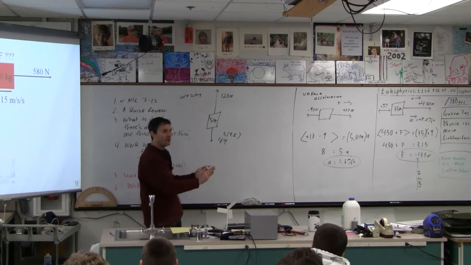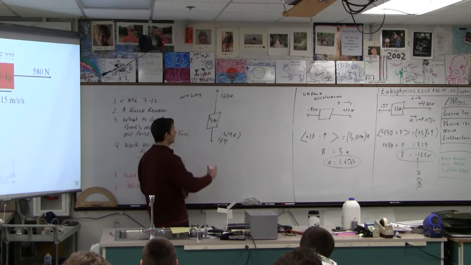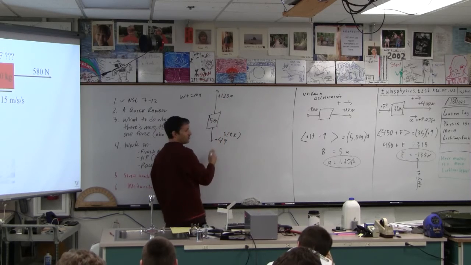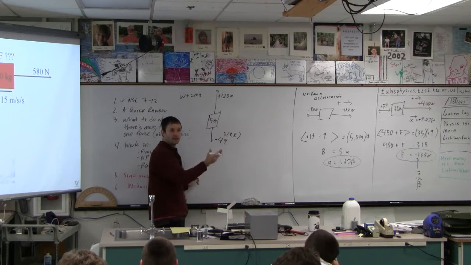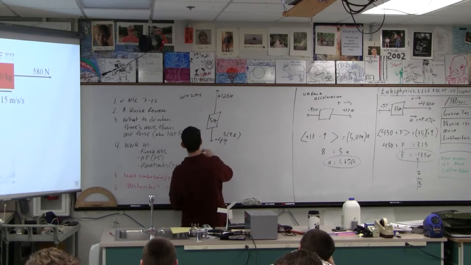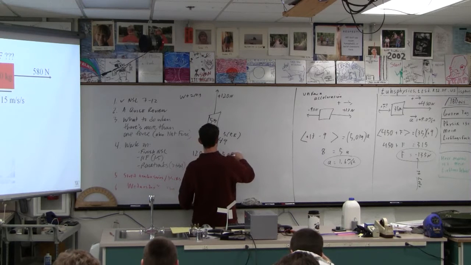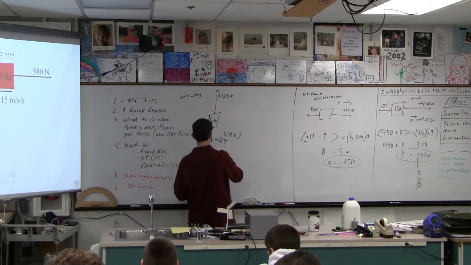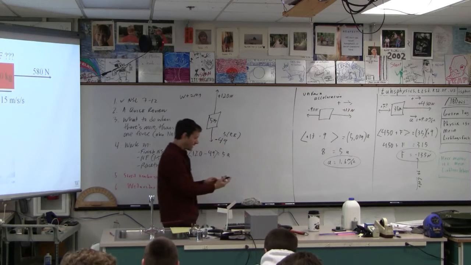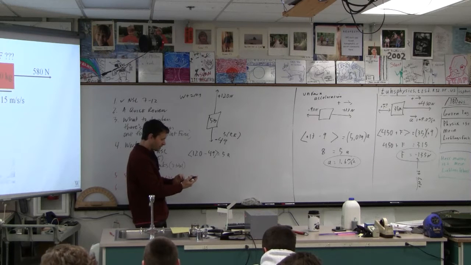Now we are where we were, I believe, a half hour ago when I was saying, oh, this exciting new problem where you've got more than one force. Well, this guy's positive, this guy's negative. When it's up and down, let's always make up positive, down negative. Okay? And now we're set. We can say 120 minus 49 equals 5 times a, right? And then I think we can do that. 120 minus 49